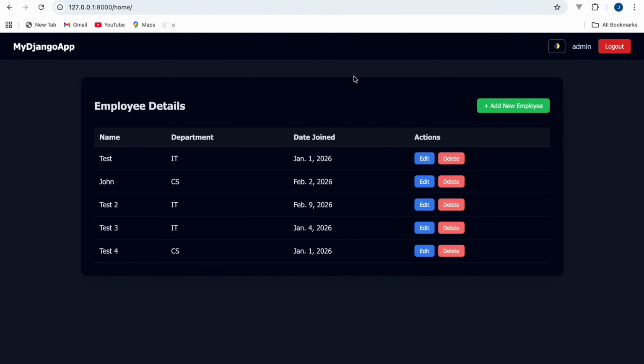Here you can see this is the Django project which I implemented with the help of ChatGPT. This is the home page where you can see employee details. Here in the employee details you can see there is an edit and delete button